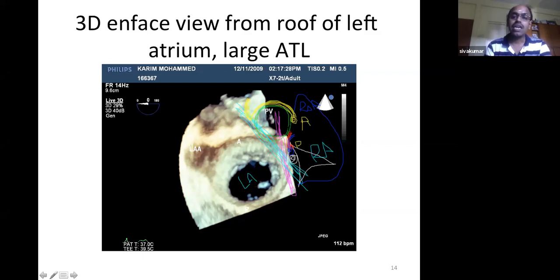So this anatomy is understood from this 3D view. The purple color is the atrial septal plane. The green color is the ventricular septal plane. In normal heart, the posterior AV node will directly enter, and in a normal heart, the atrial septal plane and the ventricular septal plane are in alignment with each other. Whereas since there is a malalignment between the atrial plane and the ventricular plane in patients with corrected transposition, the posterior AV node fails to enter. On the contrary, the anterior AV node will enter into the interventricular tract.